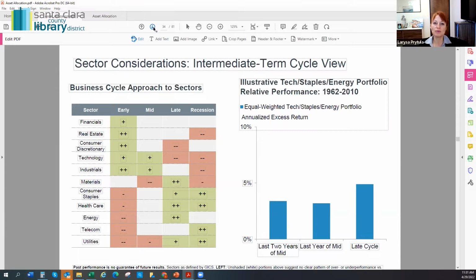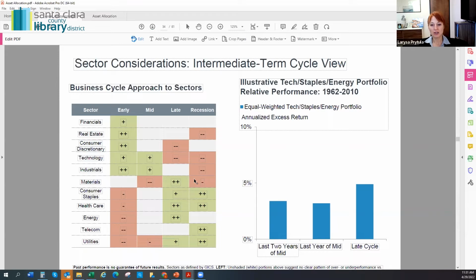We need to create a diversified portfolio that has a majority of large companies in it, and not make very big bets in different sectors. However, include those that currently make economic sense. And it's showing us again here, depending on the business cycle, what kind of sectors are actually good to have and good to focus on. If you're thinking about late cycle, which we discussed today, you can see materials, right? We talked about a bit of commodities, consumer staples, healthcare, energy, utilities usually do well.